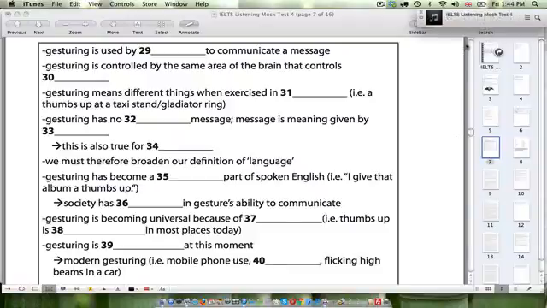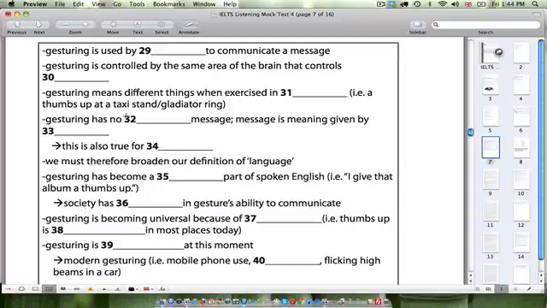That is the end of section 4. You now have half a minute to check your answers. All right, let's go through these answers. So gesturing is used by, and she clearly states